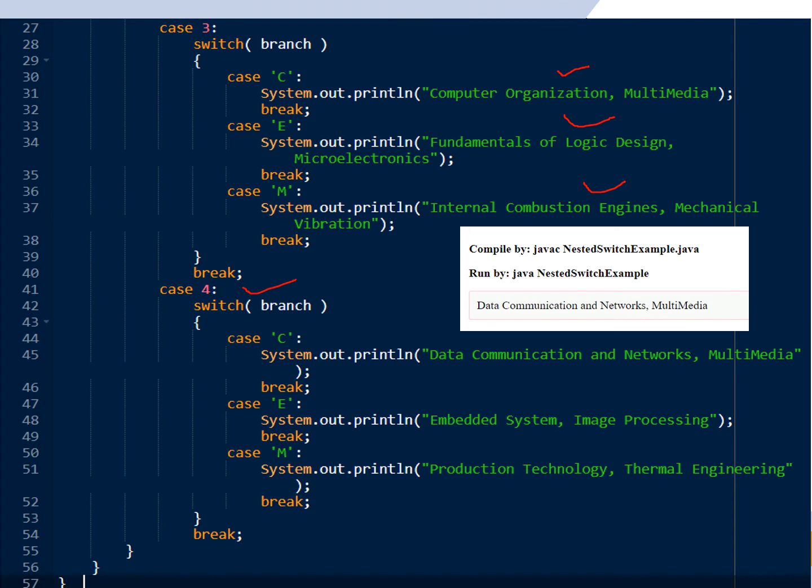If it is C, a different subject. If it is E, a different subject. If it is M, a different subject, break. So here, as the college year was 4 and the branch was C, that is why the output is like this. This is an example of a nested switch which I suggest all of you to try.